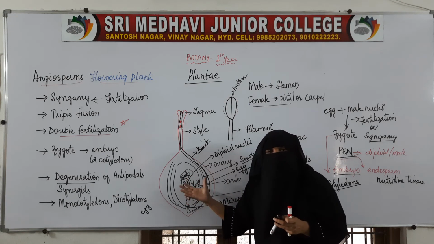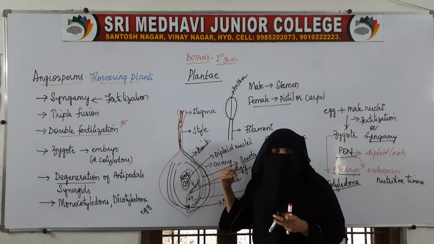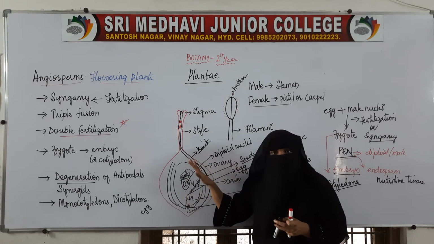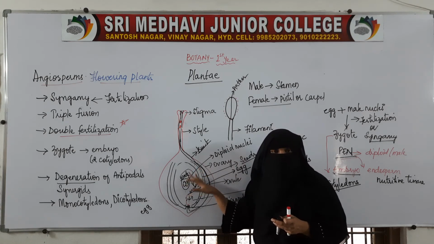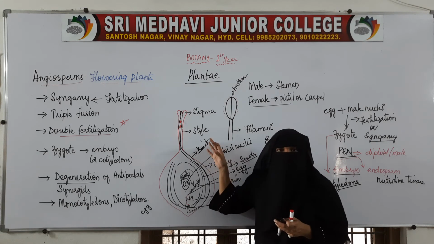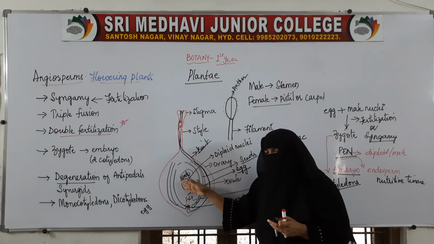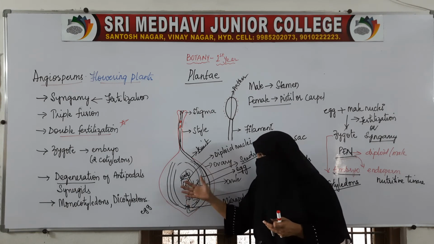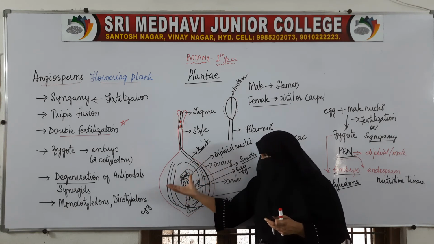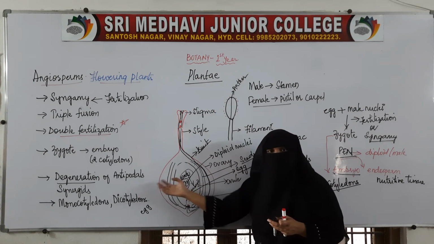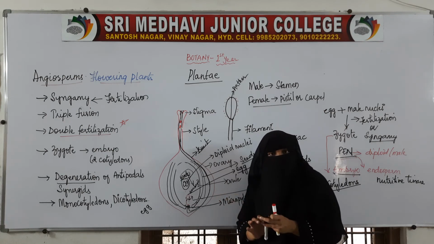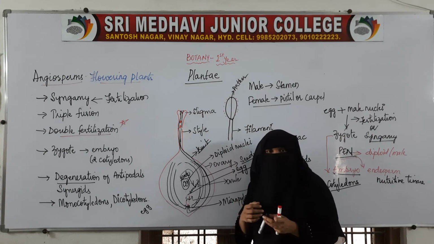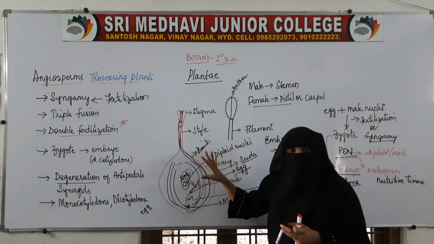This is a very detailed process which we will see in our next lesson, reproduction, but just the introduction is given. If you have any doubt, it will be cleared in the coming lesson, where we will study in detail how the embryo sac is formed, how the ovary changes into fruit, and how the ovule changes into seed. All this is a detailed process. We will see it in the coming classes. As of now, just the introduction.